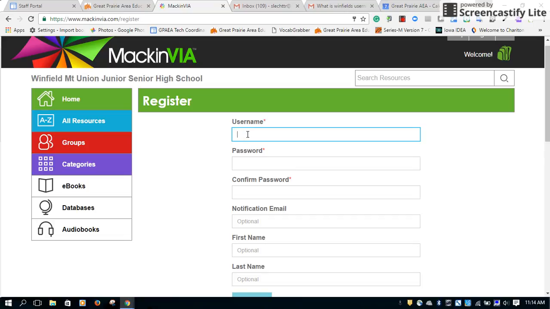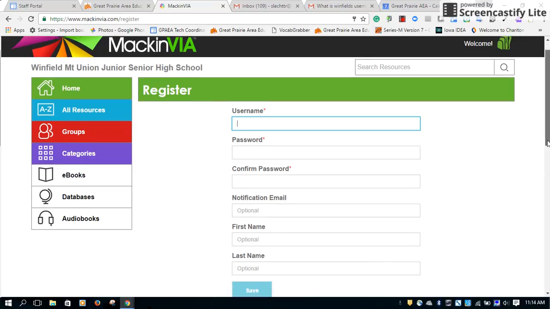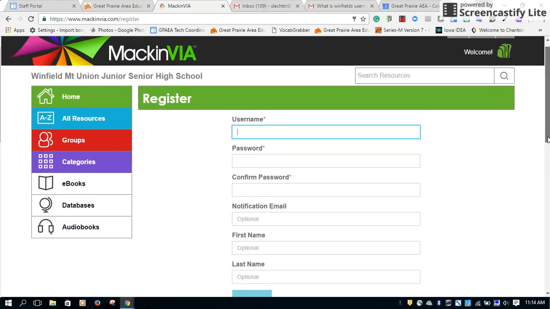So if you're a Google school where they have Google accounts, they would probably put their Google username and their password for Google or their Gmail, sorry, and then confirm it. And then they don't have to put any of this other information in and then save. So I'm going to go ahead and create a backpack for me. In order for me to show you the different skills that are available in Mackin Via, I need to have a backpack. So I'm going to put,